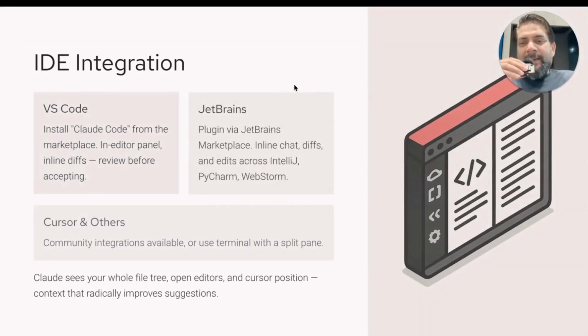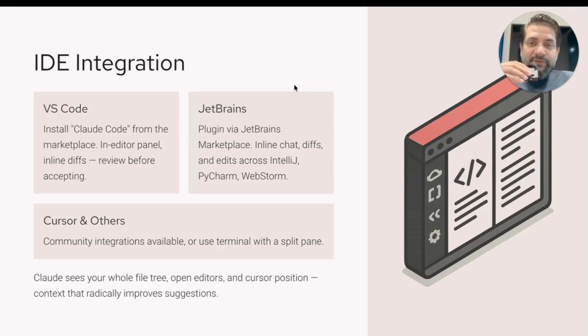IDE integrations, VS Code, JetBrains, or Cursor. Now, Claude Code integrates natively with major IDEs through extensions. The big ones, VS Code, install the Claude Code extension from the marketplace. It adds an in-editor panel where you chat with Claude and Claude can directly